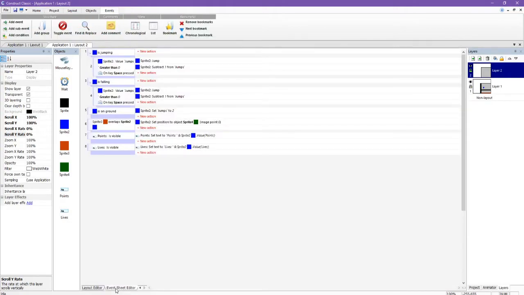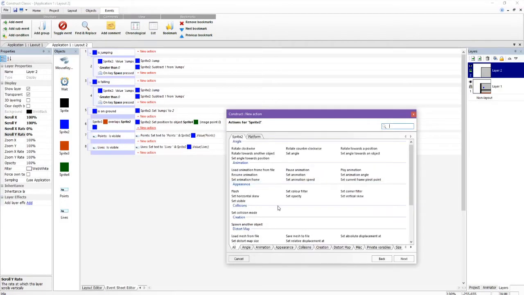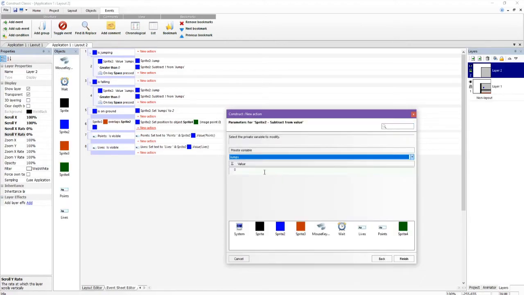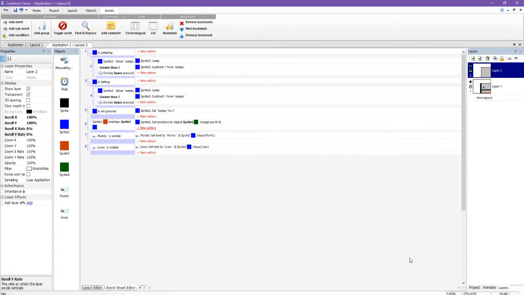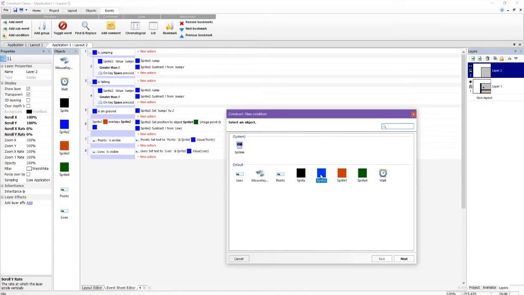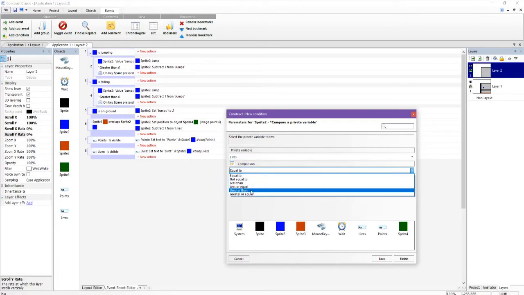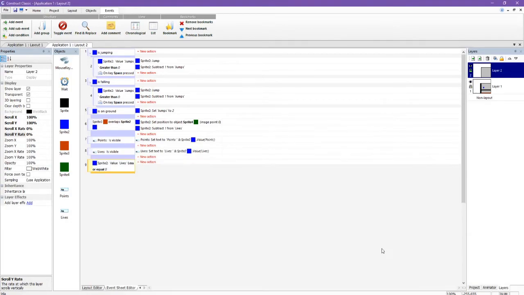Then going to do some work here. Every time this happens, we also need to subtract from value. From the lives, we need to subtract 1. And then if at any point, private variable, if at any point lives is equal to 0 or less than or equal to 0, just to cover